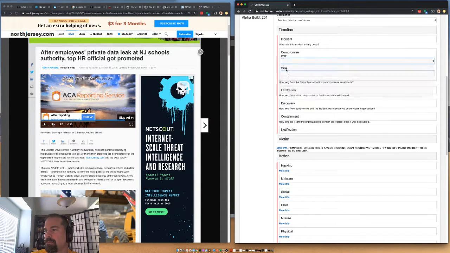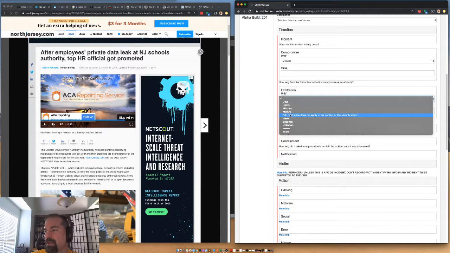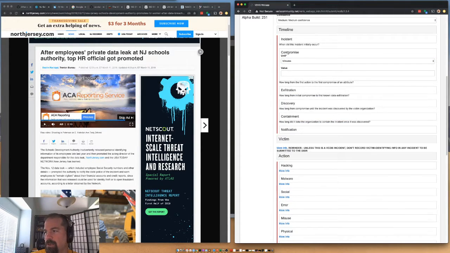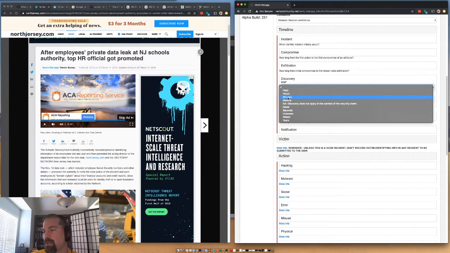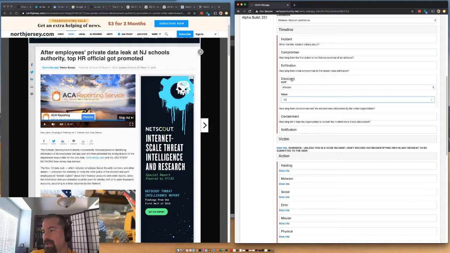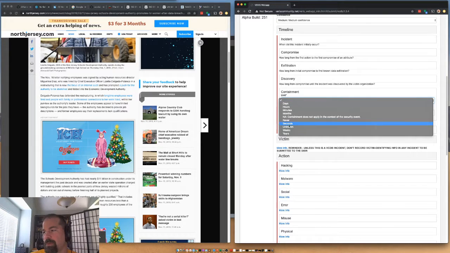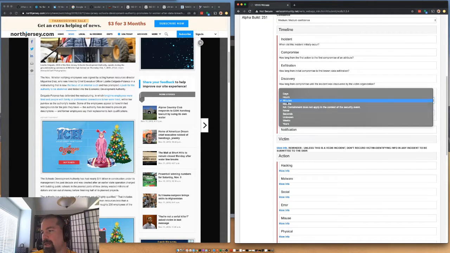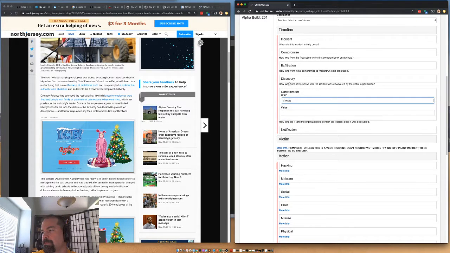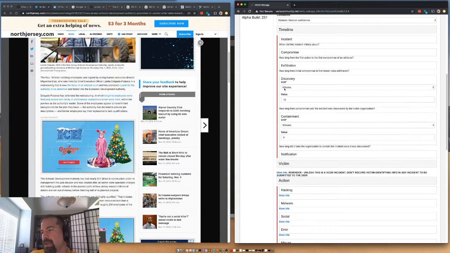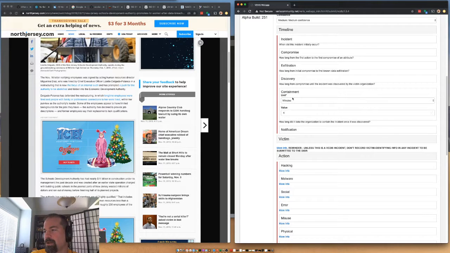Compromise took minutes as the email was sent out and someone looked at it. Exfiltration took seconds, the data being transferred to someone who didn't need it. Discovery took 12 minutes. And containment followed soon after, as much as they're going to get it contained once it was discovered. Let's split those 12 minutes evenly: 6 minutes to discover it, 6 minutes to send out the recall.